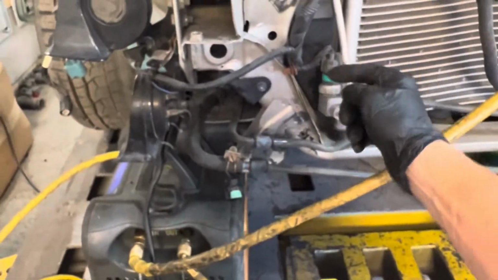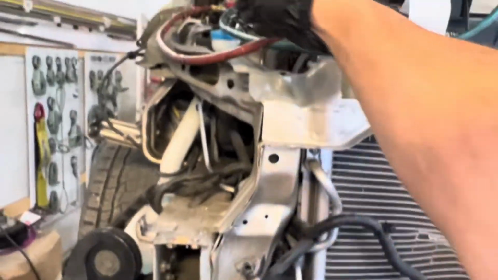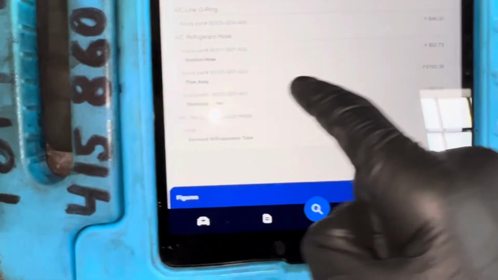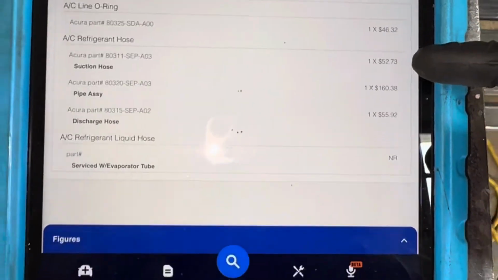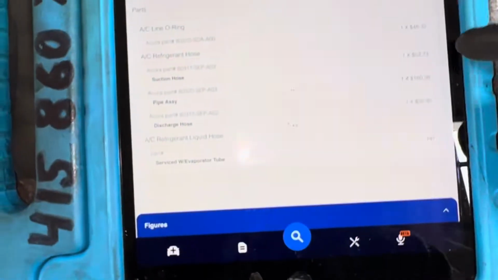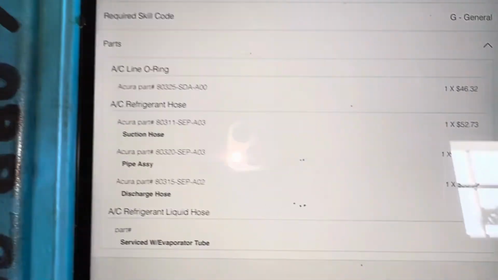So in this scenario, this liquid line goes all the way back with no break. There's no nut in it. And that would be considered assembly. So pipe assembly, $160. So we would be replacing these 3 items in this collision right here. And these are the O-rings. It looks like this is a